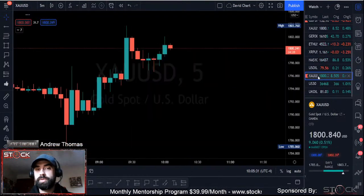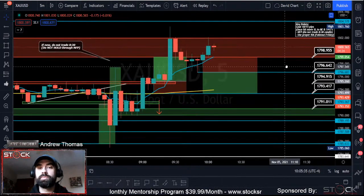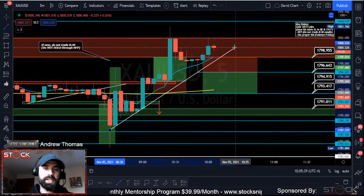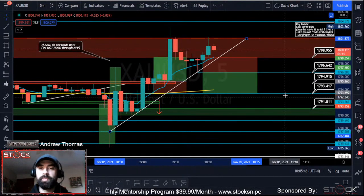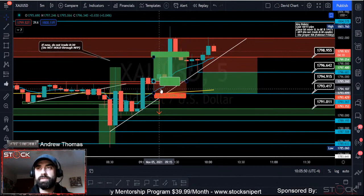So let's watch gold. This is why I don't like gold too much, guys, because you can see clear as day that there's an uptrend forming on gold. Okay, this is the neckline break. If it starts to fold,